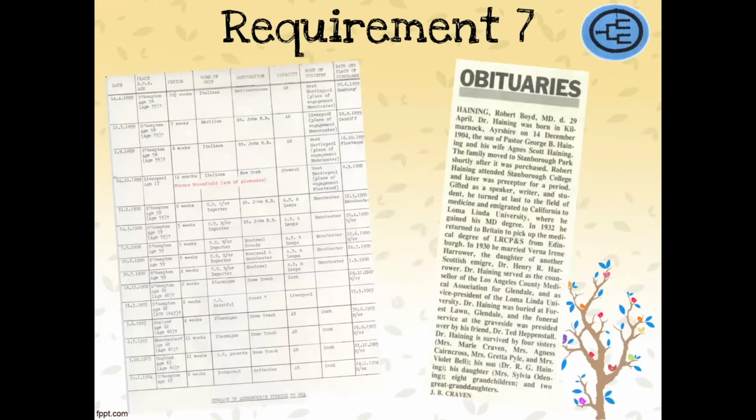So let's see about these two. Here on the left, we have the summary of Alexander's voyages to sea. It's a breakdown of all the times that he was out on ships, how long he went out for, and what age he was. Do we think this is primary or secondary?